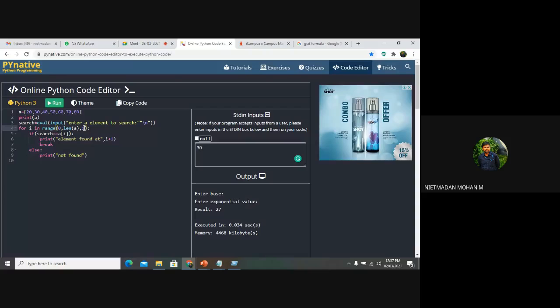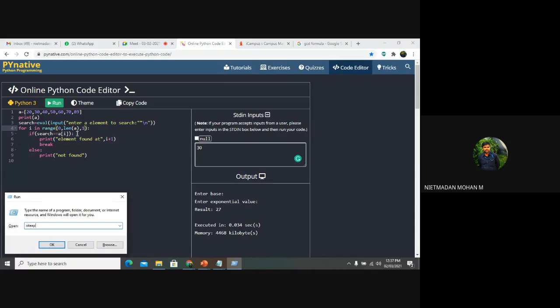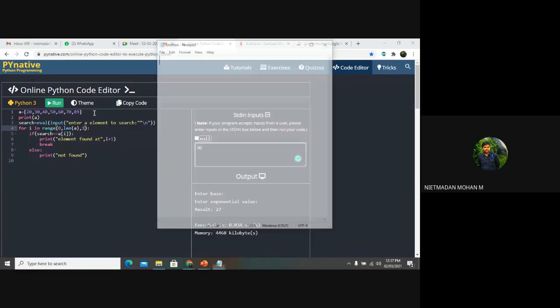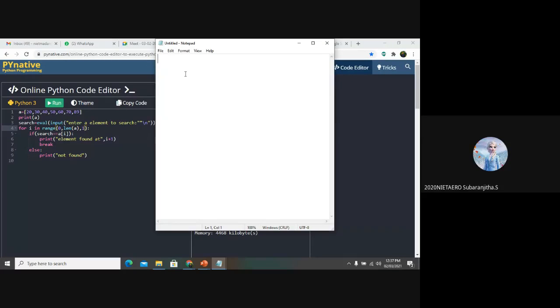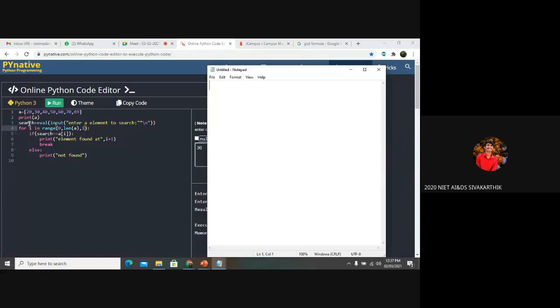So if search is equal to A of i, what does it mean? What is the search value? We are assigning 30. Yes. So if 30 is equal to A of i, what is the A of i value?